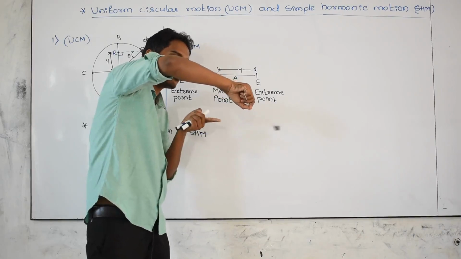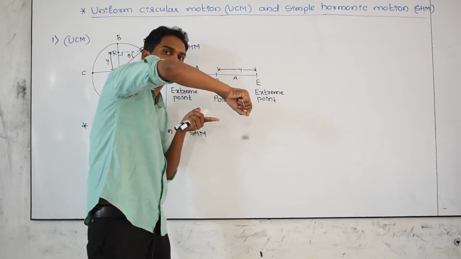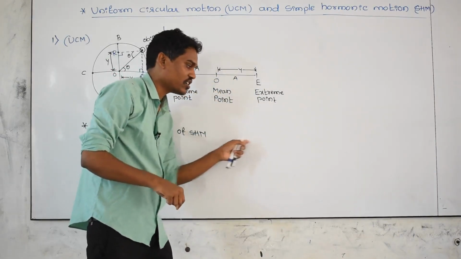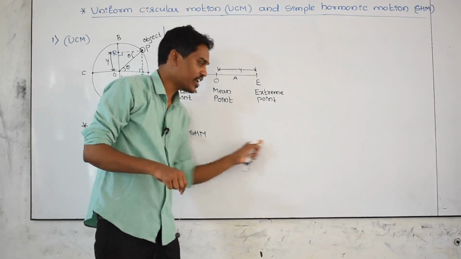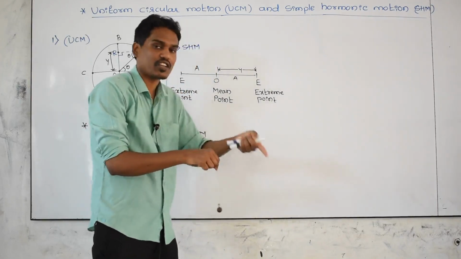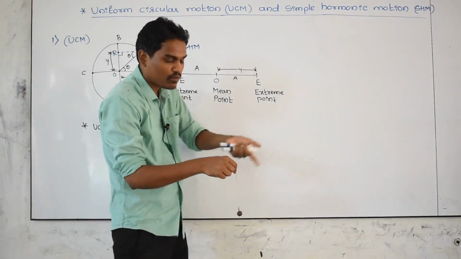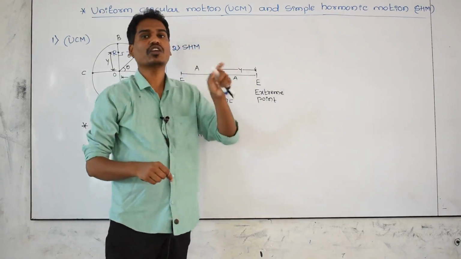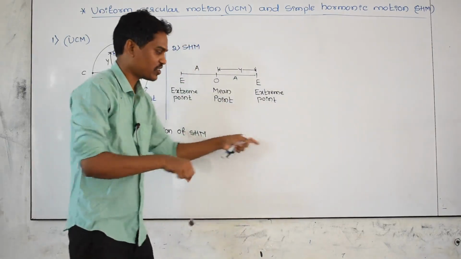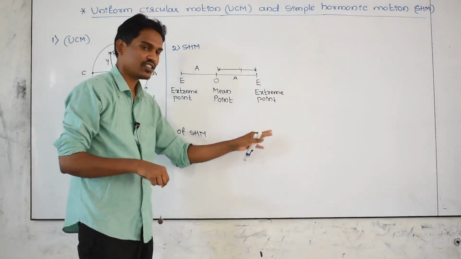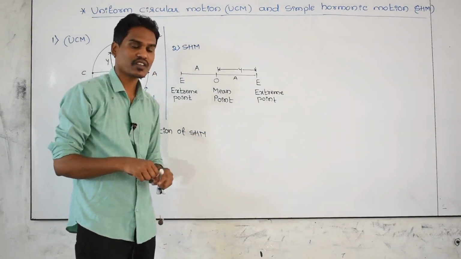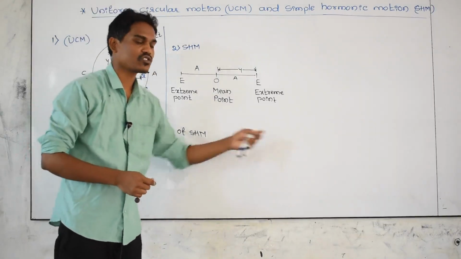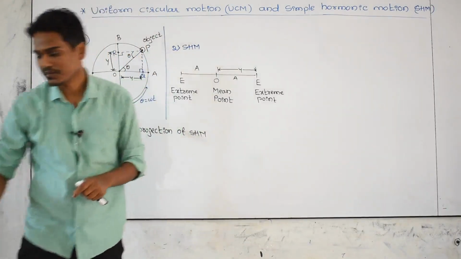Here an object is moving in a circular path, but in the shadow it looks like a straight path. Here it is a simple harmonic motion, but here it is a circular motion. This circular motion on the whiteboard is projected as simple harmonic motion. But here it is not looking clear, because the light intensity is less here. In the presence of light in your home, on a white wall, if you try this, you get it very easily.